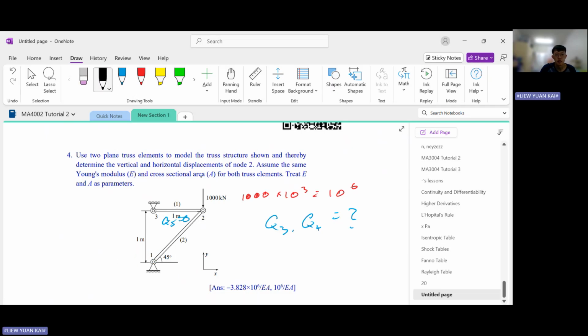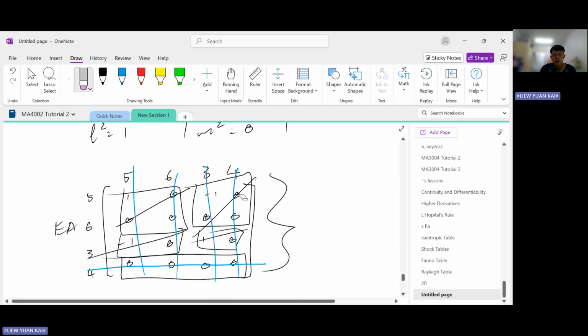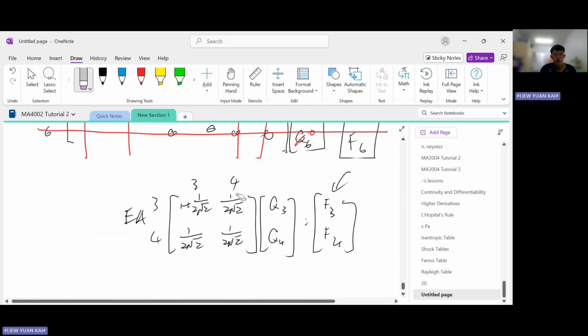1000 kilonewton force down on 2. So that means the vertical force acting on 2 is 1000 kilonewton downwards, right? In other words, 10 to the 6 Newton downwards. So how do we represent 10 to the 6 Newton downwards? Well, you go to here. Okay, so